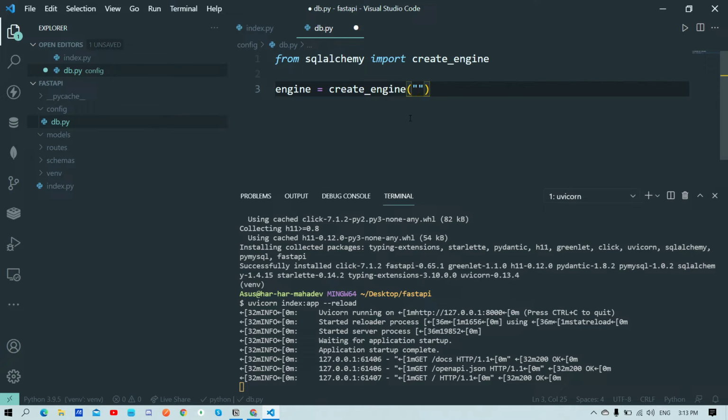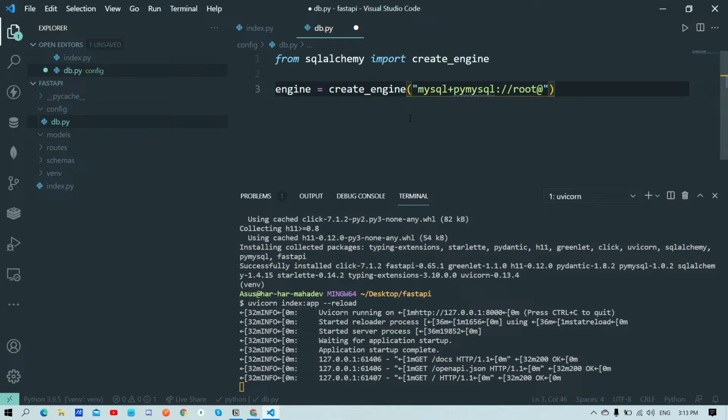You can use SQLite as well if you don't want to use MySQL. You can simply type sqlite:/// and the name of your DB, whatever it may be, and it will automatically generate. So this is the best way, or MySQL plus any driver like PyMySQL. We are going to install this, then your name of your host,